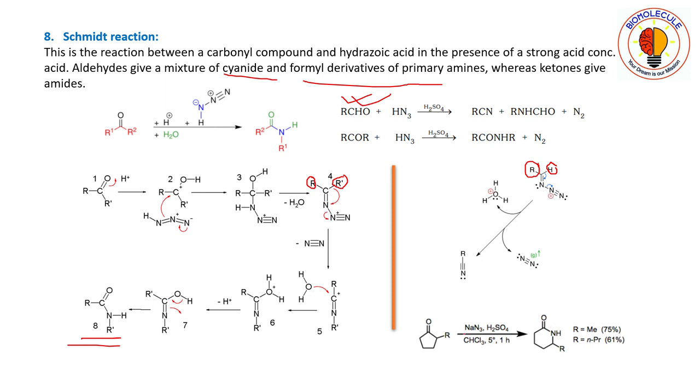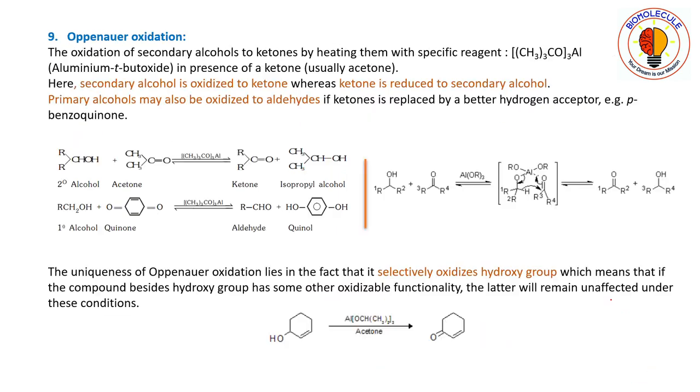So this reaction has the same mechanism. Here one group will get migrated, that is, one alkyl group will get migrated. So you do this one and check whether you are able to do this or not. That means whether this reaction is clear to you or not. You just check whether you can do this one or not.